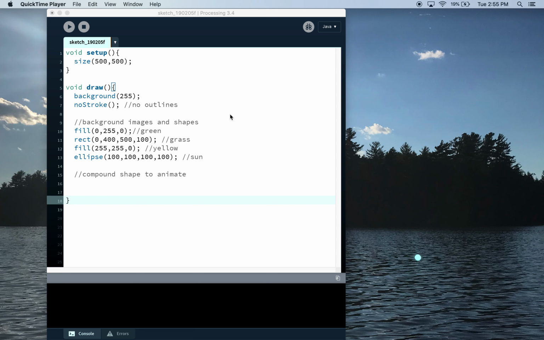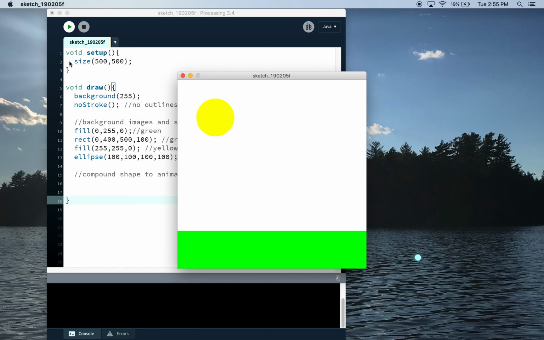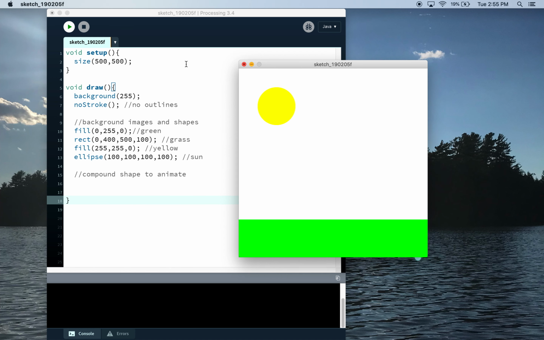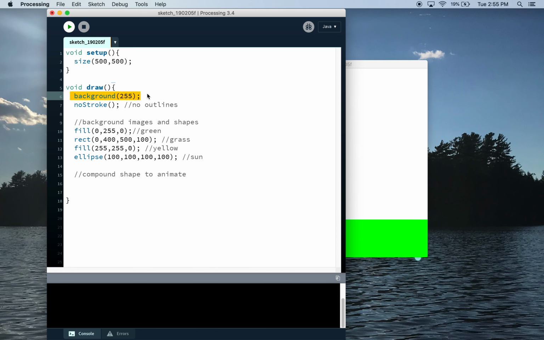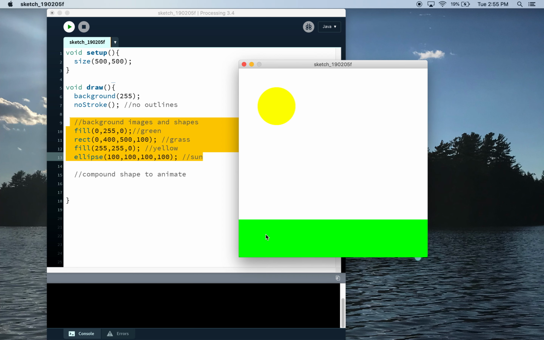If you need to make corrections for homework 4, animating compound shapes, you can follow along with this video. So far I have set up my setup method and my draw method. In the draw method I'm including my background function as well as a couple functions to make this lovely grass